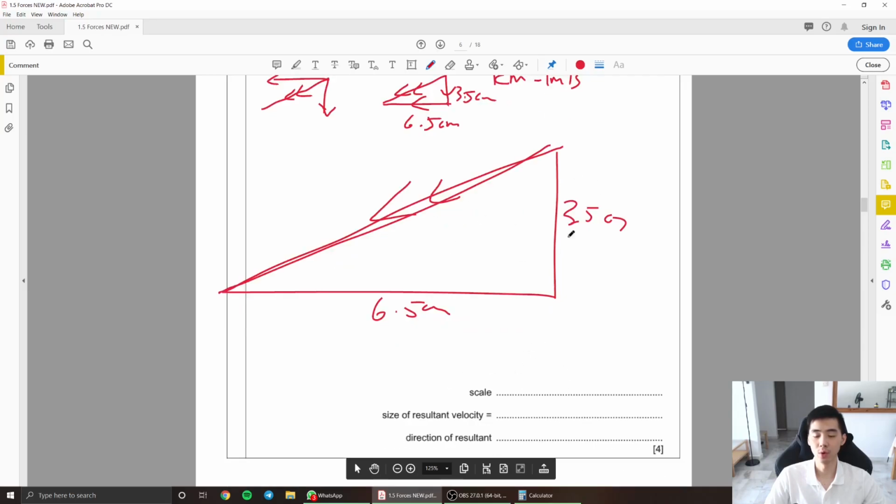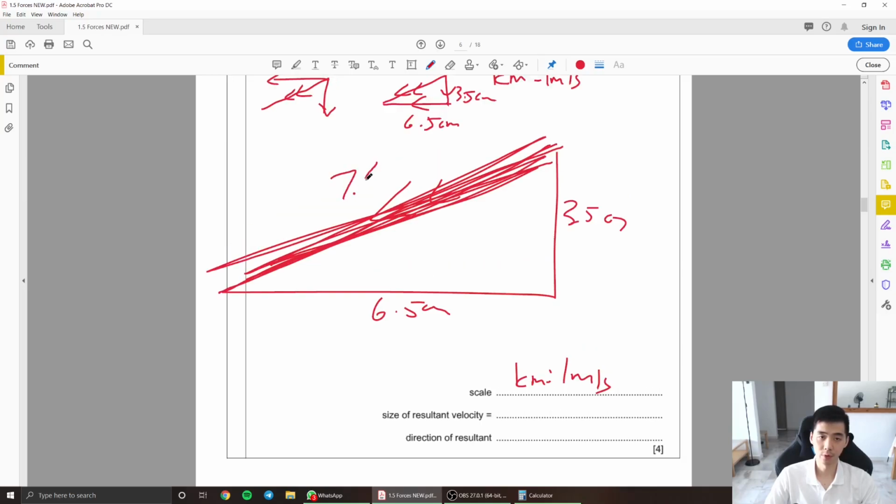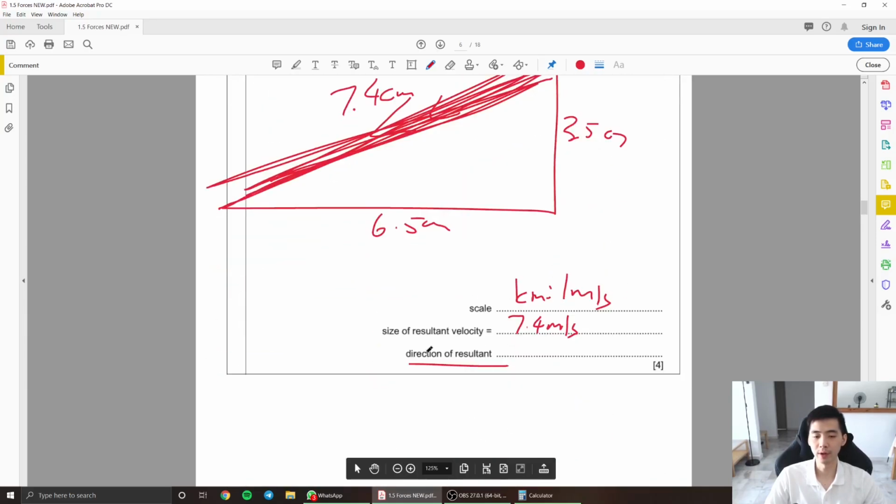Now, once you're done with all these diagrams, your scale should be 1 cm representing 1 meter per second. The size of the velocity is dependent on however much you have here, right? You can also cheat on these kind of questions using the Pythagoras theorem, which is going to be 6.5 squared plus 3.5 squared, then square root that answer. You are supposed to get a final length of 7.4 cm here, which is going to translate to 7.4 meters per second. And in order to find the direction of the resultant force,